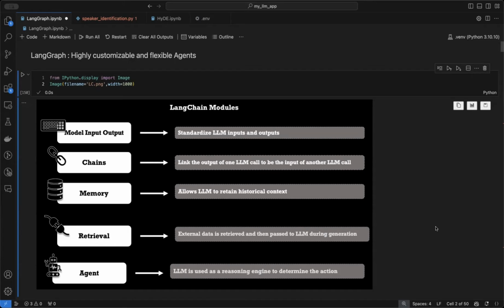And agents also we have discussed previously in this playlist series, where we use the other components like the chains, memory, retrieval, and then we plug those in as a tool to the agent, and the LLM acts as a reasoning tool to determine which tool to pick and choose, and then perform certain actions, right? But with this new concept of LangGraph, we can create more highly customizable and flexible agents,